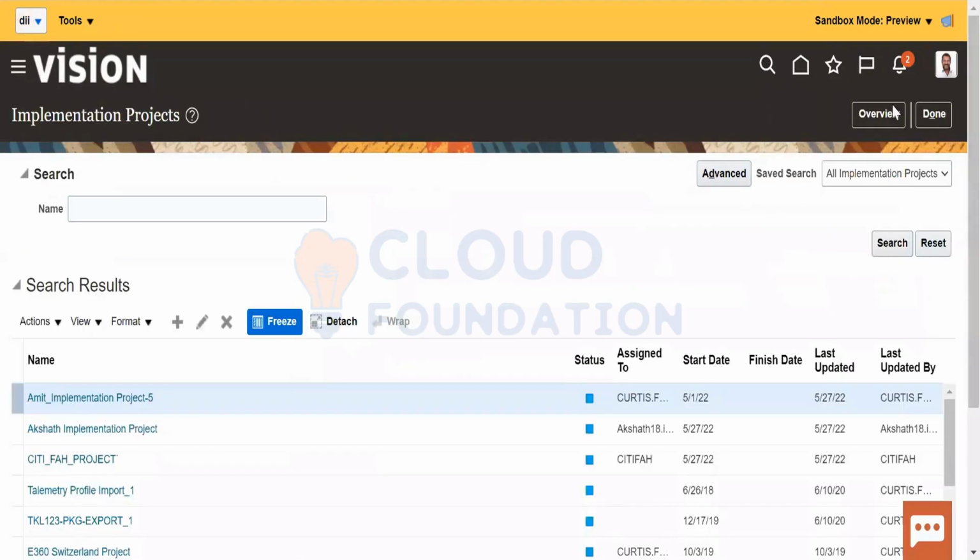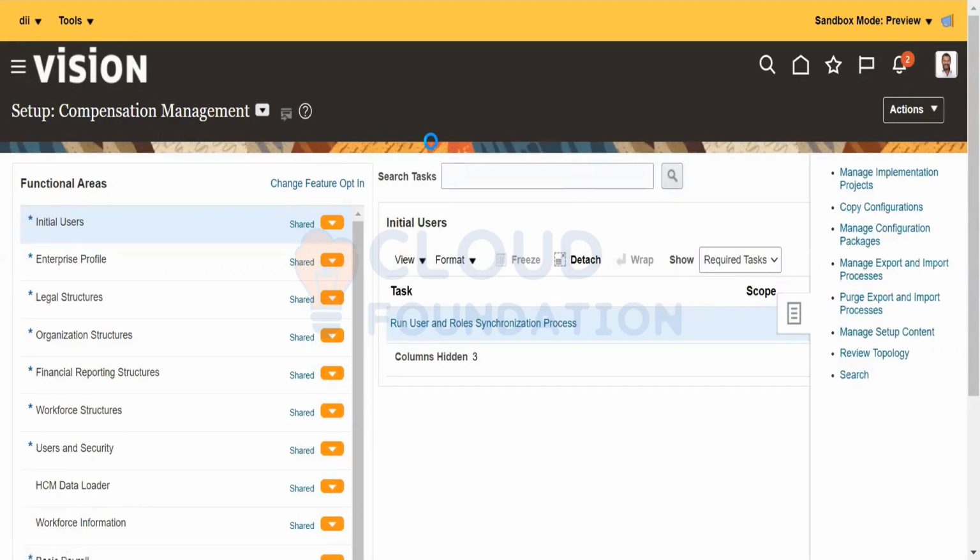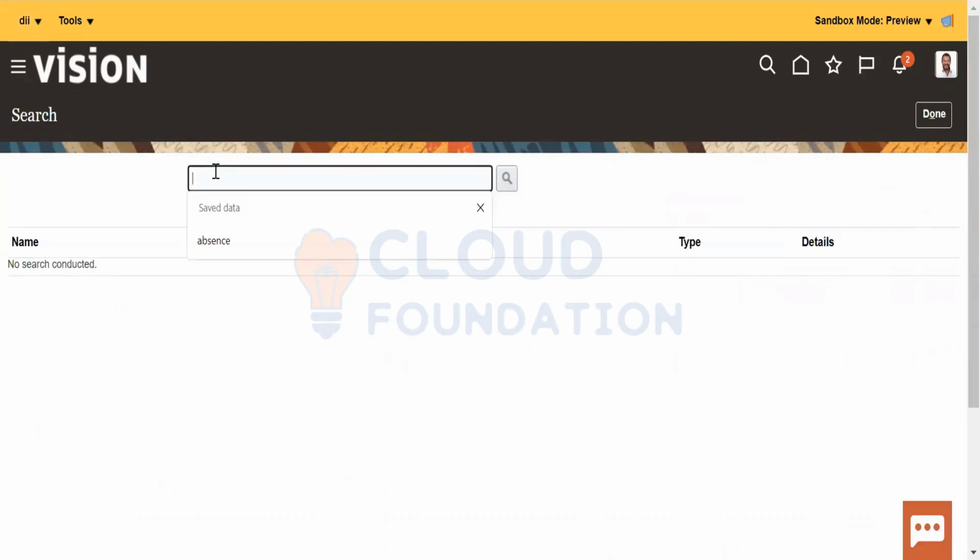Okay, just in order to go to that. When done, what was this box? This box is very important. Okay, what was search? Right here.